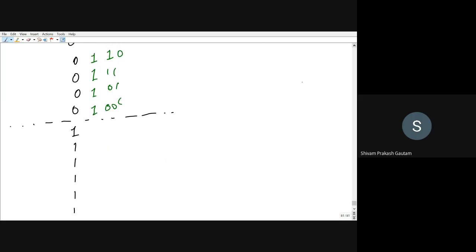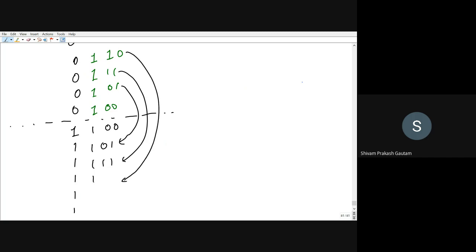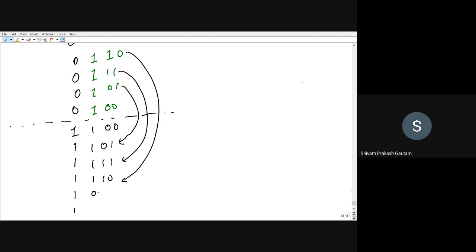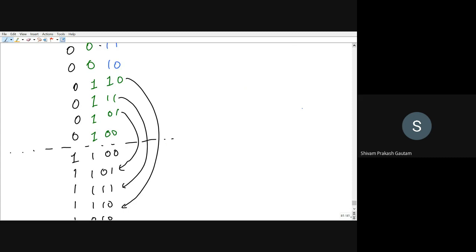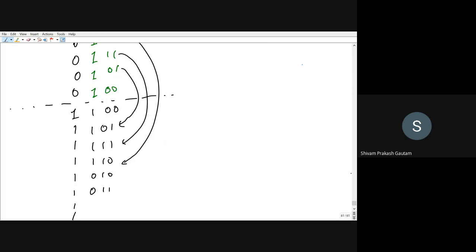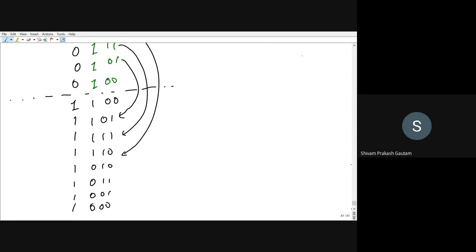So this will be 1, 0, 0, and it will come here 1, 0, 1, then this will come here 1, 1, 1, this will come here 1, 1, 0, 0, 1, 0, and this will be 0, 1, 1, then this will be 0, 0, 1, and this will be 0, 0, 0.